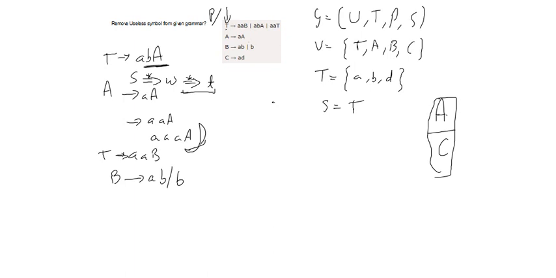So the productions obtained from these symbols, in this case A and C, we should remove, and the resultant grammar we need to write. So the resultant grammar without the useless symbols we need to write. So T implies AB. Because B is a useful symbol, so we can count that. Then ABA, we should not include that A there.